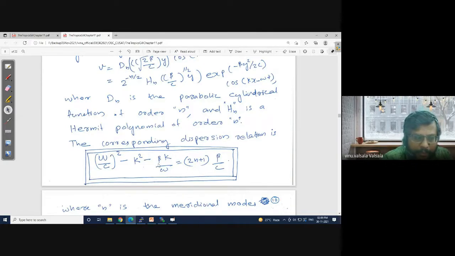Beta, you know, is the beta parameter, which is constant at the equator. And there is another one, 2n plus 1. So n are certain integers, whether it is 0, minus 1, 1, 2, 3, etc. They are coming from this Hermite polynomial Hn, its order. So this is a typical dispersion relation of all the waves available in the tropical dynamics or the equatorial dynamics. Now we have to partition this dispersion relation and study under each partition how the wave is going to behave. So that's our duty today.